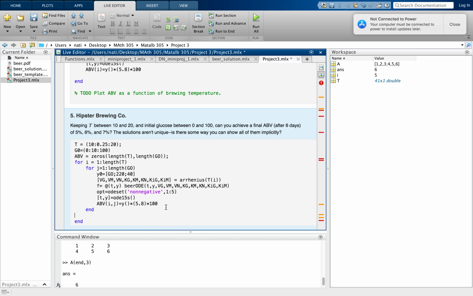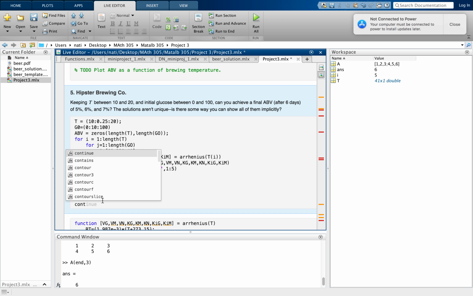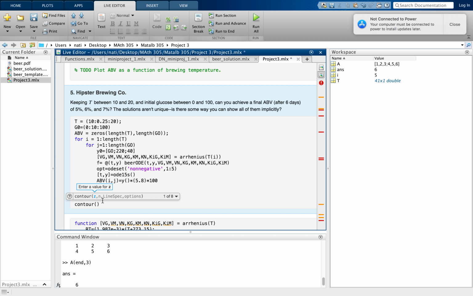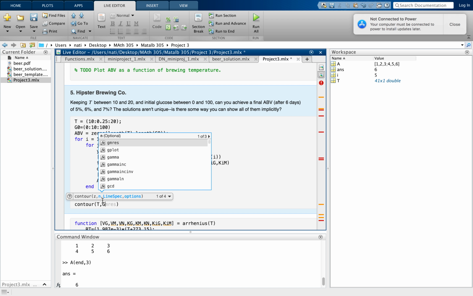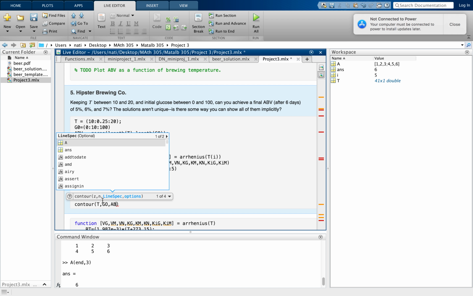So after your loops, you can say, okay, now plot it, and you can plot it as a contour, because now we have two things that are changing. So the same thing as we did for part 2, you can just plot as contour. This time it's not going to be f contour because you're not plotting a function, you're actually just plotting vectors. So you can just say contour, and then you can say your temperatures, and then your G naughts, and then your ABVs,